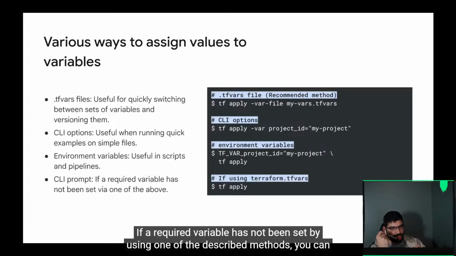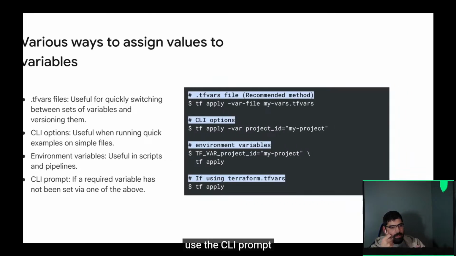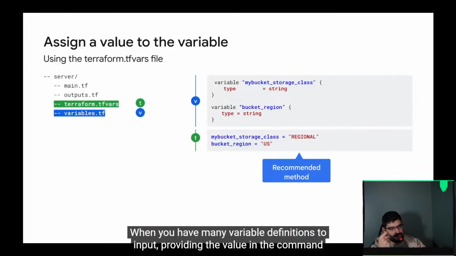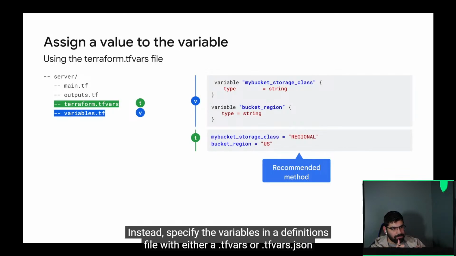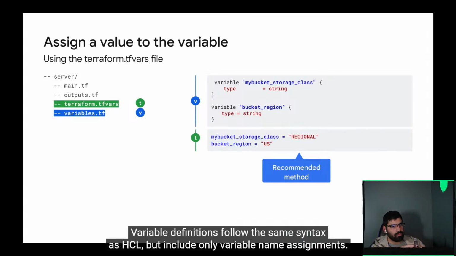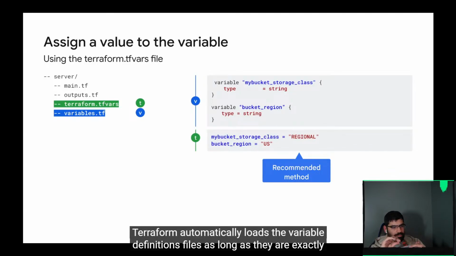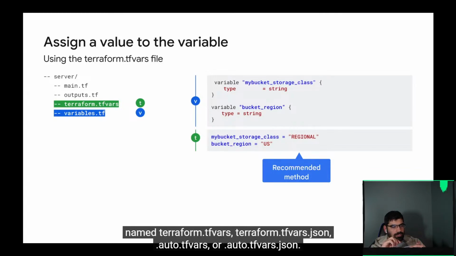If a required variable has not been set using one of the described methods, you can use the CLI prompt. When you have many variable definitions to input, providing the value in the command line might not be feasible. Instead, specify the variables in a definitions file with either a .tfvars or .tfvars.json extension. Variable definitions follow the same syntax as HCL, but include only the variable name assignments. Terraform automatically loads variable definition files as long as they are exactly named terraform.tfvars, terraform.tfvars.json,